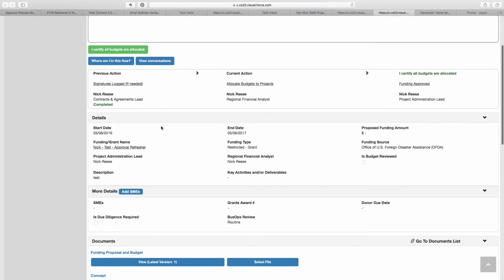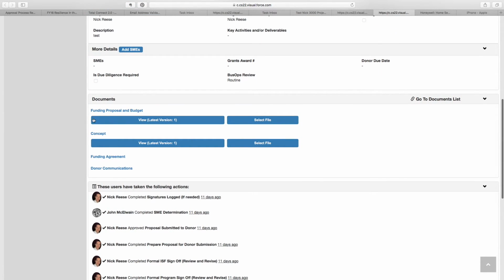And again, you have all the details about the funding, and you have a document section. So with both the funding proposal and the concept, you can directly just upload them from this page. You can click select file, and in the case of the funding proposal, you would upload a zip file with everything in it. And then likewise, the approvers would be able to view that most recently uploaded version by clicking view. For the funding agreement,